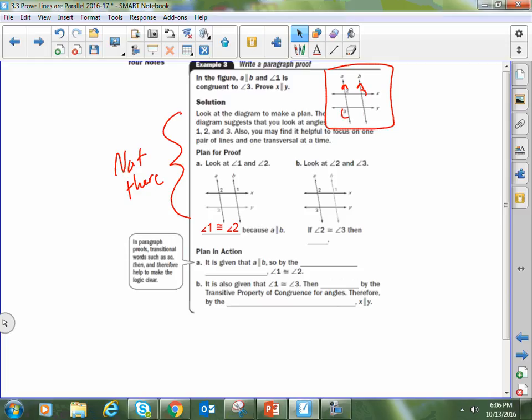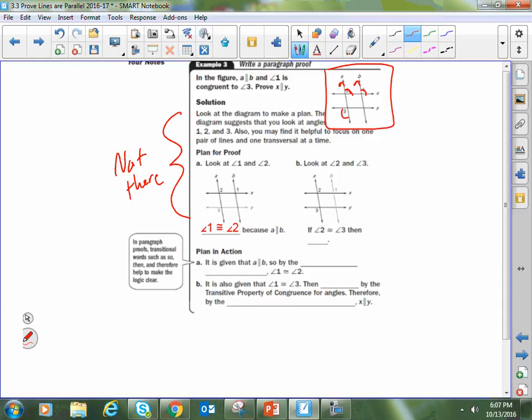But those two angles have to be congruent to each other because lines A and B are parallel, and corresponding angles are congruent. So let me go ahead and put my mark here. We'll say this angle is now congruent to this angle, so we use the same mark to show angle 1 and angle 2 are the same. And we use the same mark to show that angle 1 and 3 are the same because they gave us that information. Well, now looking at it, angle 2 and angle 3